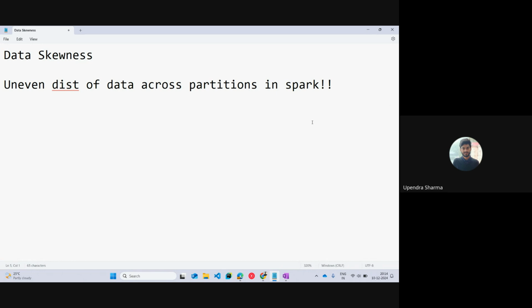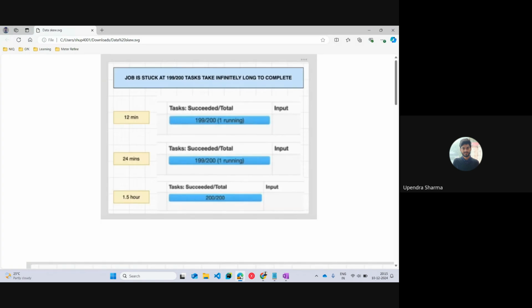Now, how do we find out that I am facing data skewness in my job, or how do I go about investigating that I am encountering this particular problem? Because first we need to identify what kind of problem I am encountering. If we are able to investigate the root cause of the problem, then only can we begin rectifying it or thinking about a solution, that is, how do I optimize my data pipelines and make them faster. So first we need to identify the root cause of this problem. I have collected a few images.